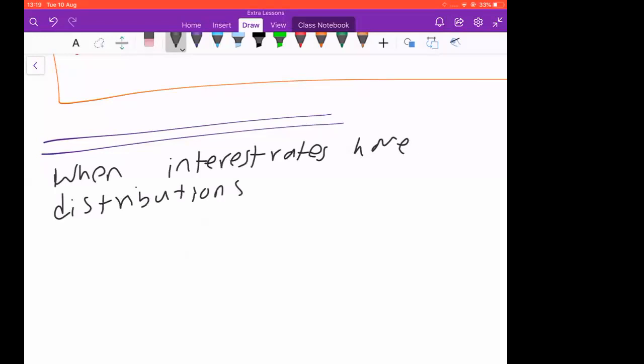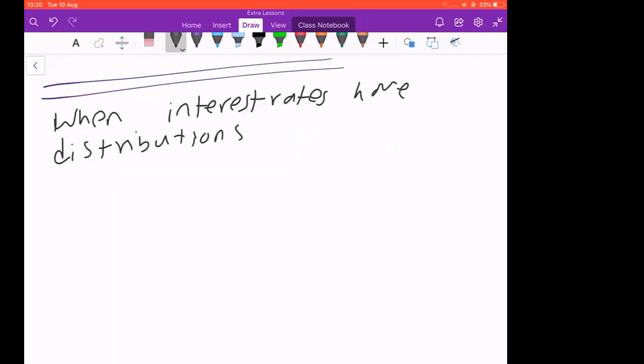So if you have, they can say that I has a log distribution,